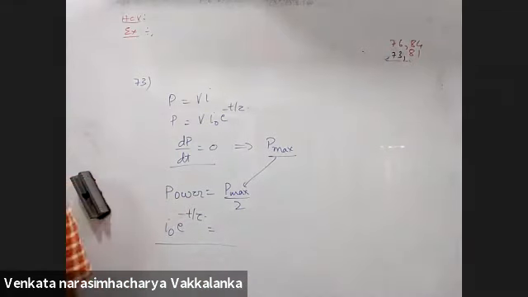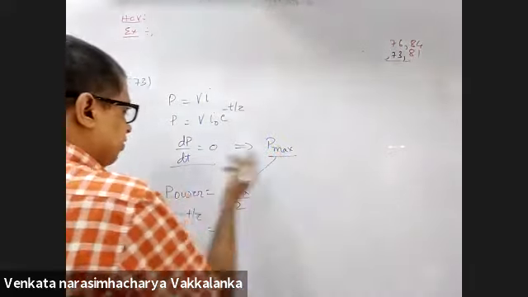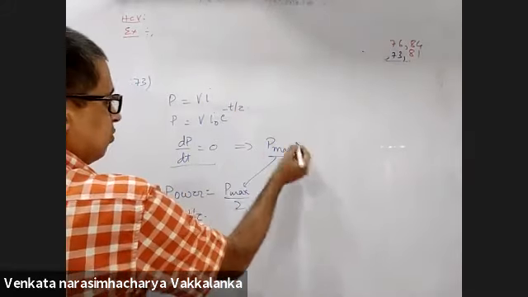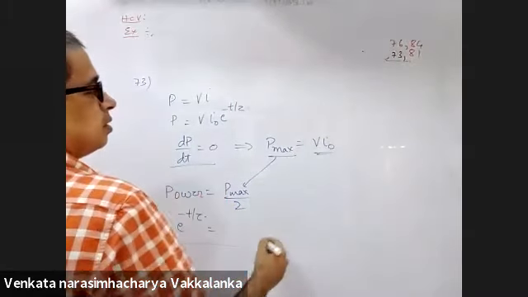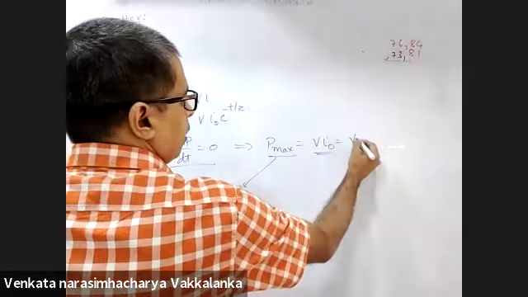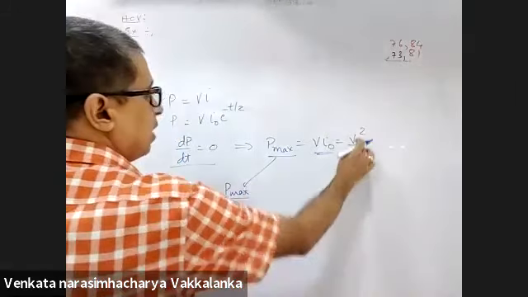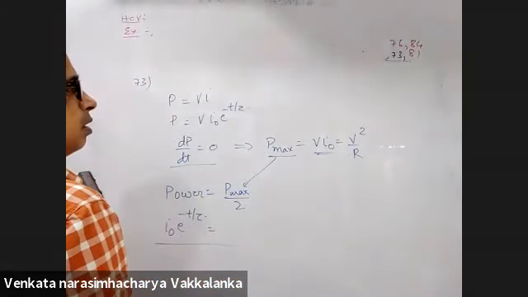Find the time. This t is how many times tau is what it is asking. First, find out what is P maximum. So P maximum will be at t equal to 0, right? Because P is VI and V is constant. So if I increases, power increases. Oh yeah, that makes our job much simpler. Why do we differentiate? He's right. Even if you differentiate, you'll get the same answer. Differentiating will give time equal to 0. V I naught, I naught is V by R. Am I right? Yes, sir.